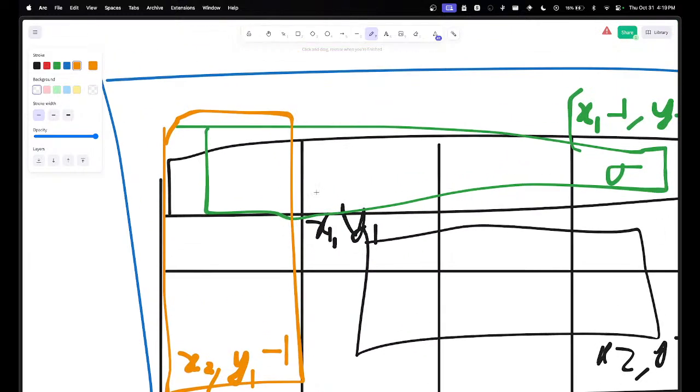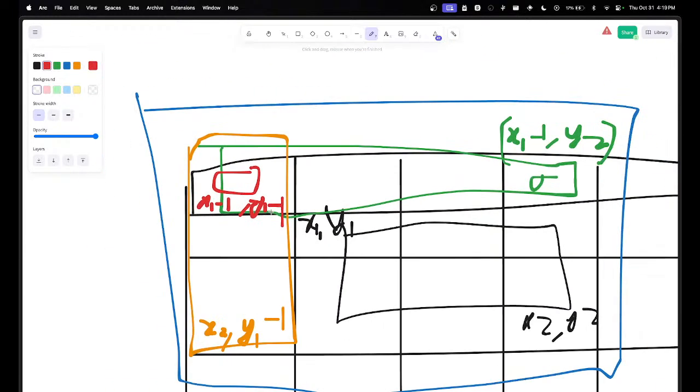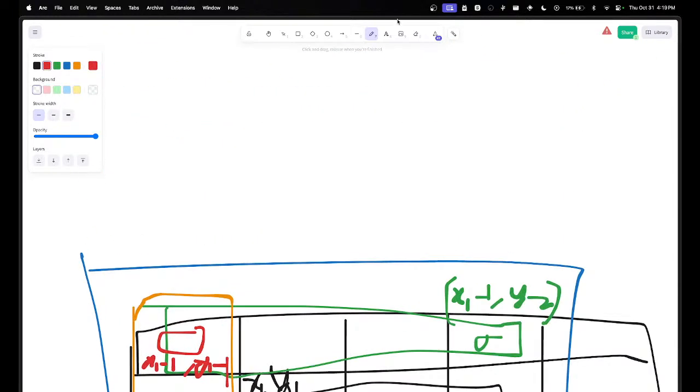And now once again there is an overlap. So what do we do? We add this back, which is x1 minus 1, y1 minus 1. Correct? So my formula becomes: